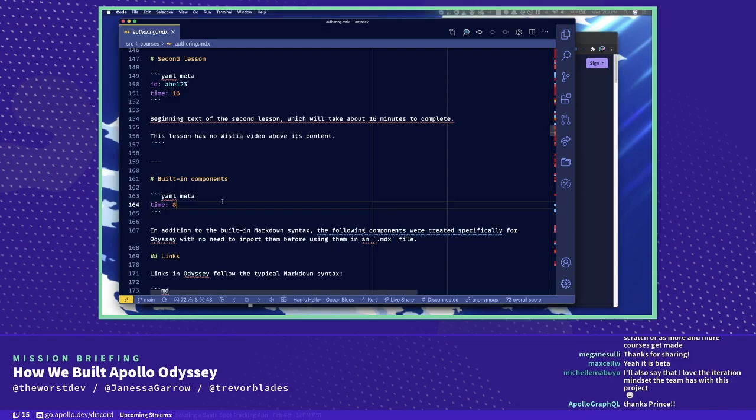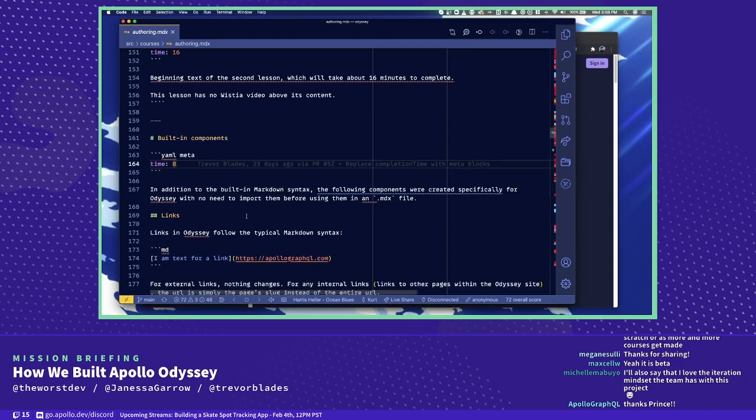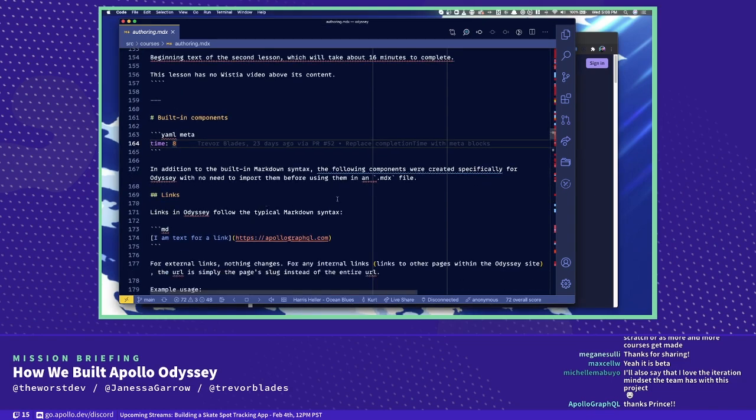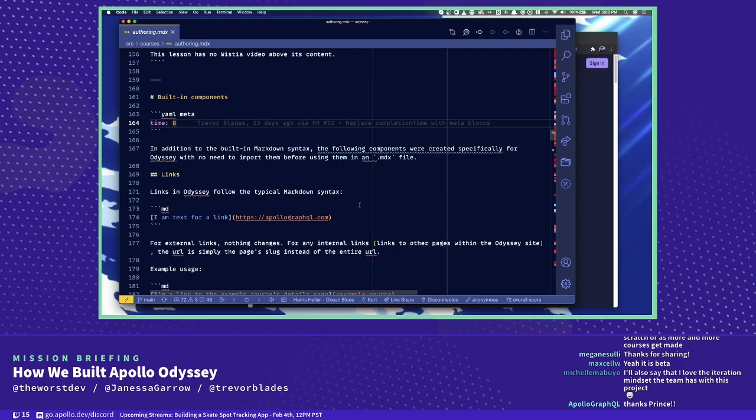Basically, at build time, we look through the markdown, analyze the MDX AST, and look for code blocks that have the language YAML and have this special meta parameter on them. That's just a custom parameter that we're specifically looking out for.